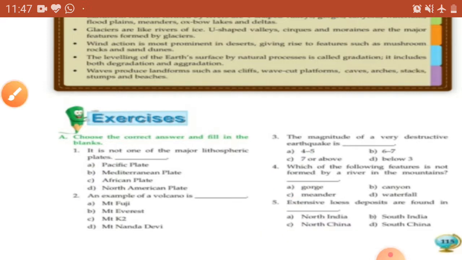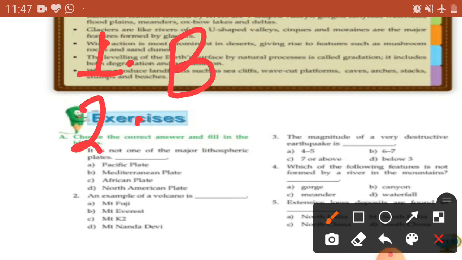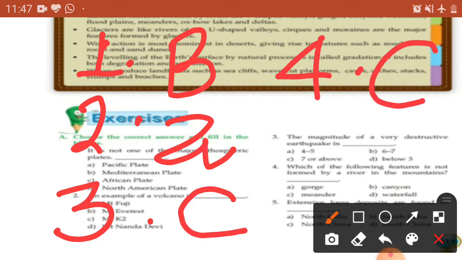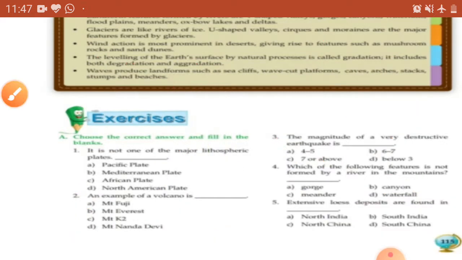Okay, students, let's recall or repeat it. Our first question's answer will be option B. Our second question's answer will be option A. Our third question's answer will be option C. Our fourth question's answer will be option C, and our fifth question's answer will be option C. So these are your options. You should write these in your notebook. All right, let's